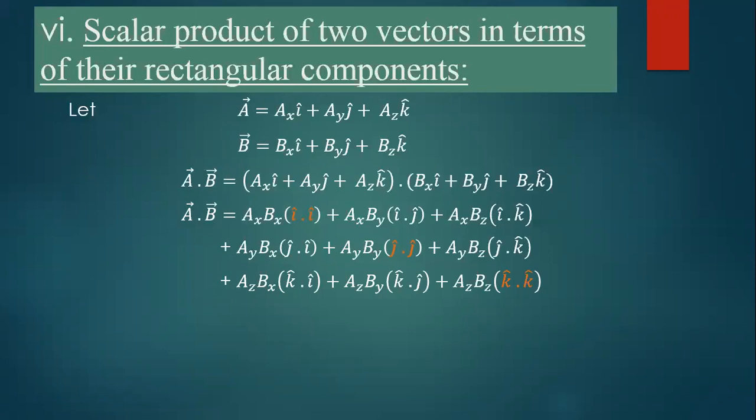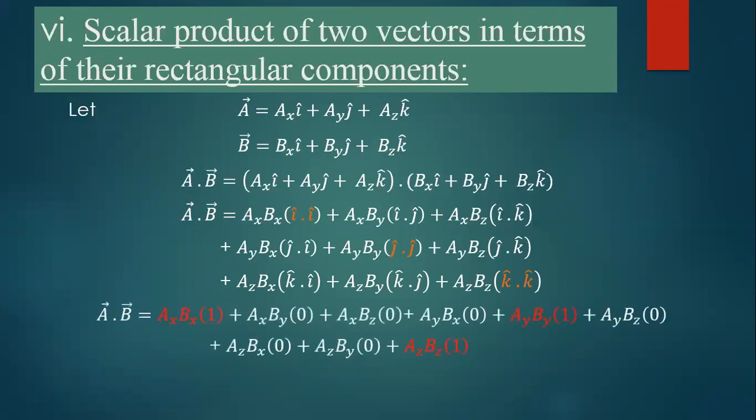Their scalar product or dot product is equal to 1. But in the case of two perpendicular unit vectors, the dot product is 0. So A dot B is equal to AX BX, value of I dot I is 1, AX BY, value of I dot J is 0, AX BZ, value of I dot K is also 0, AY BX, value of J dot I is 0,